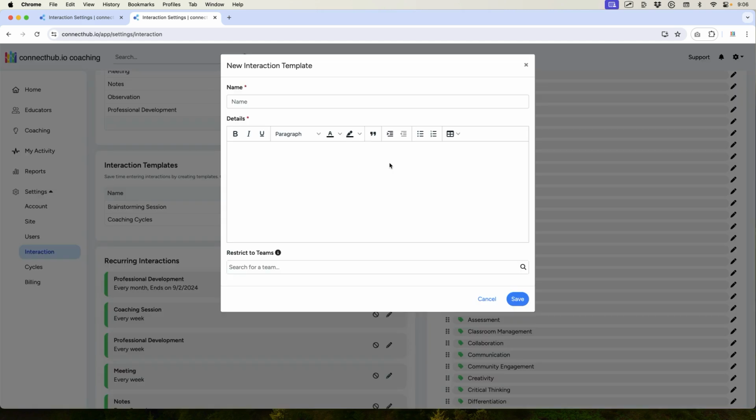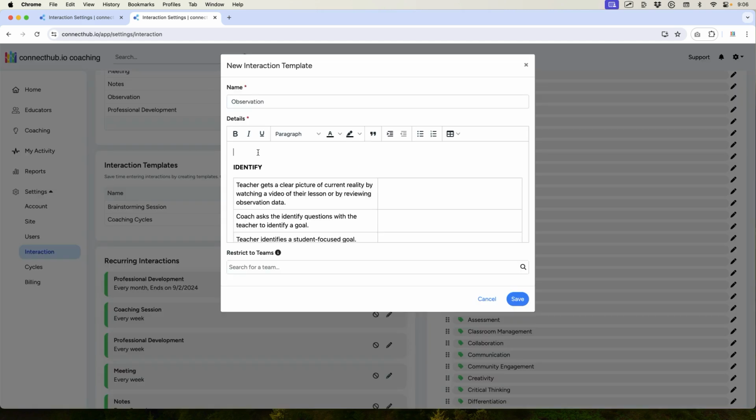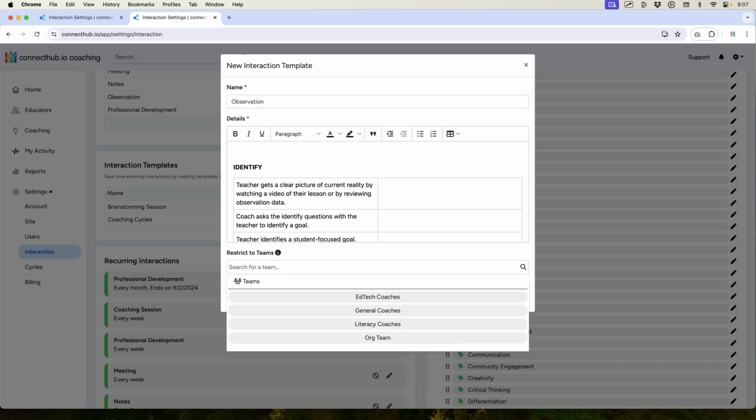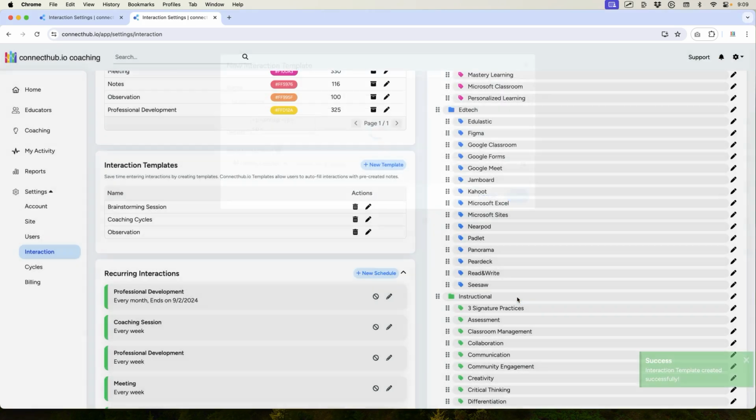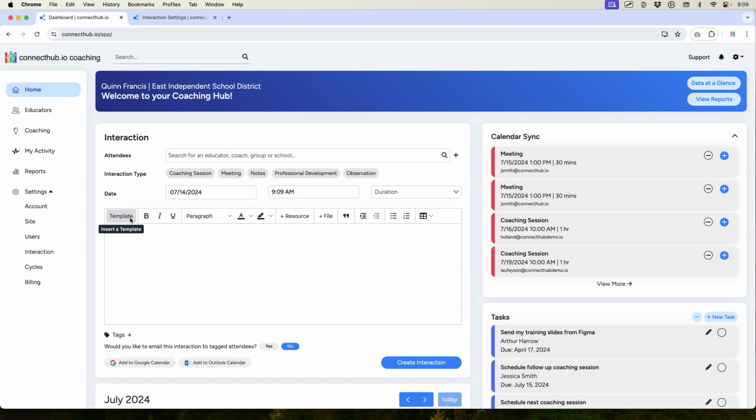I'm going to create a new template for our team's observation form. I'm going to give it a name and add the interaction form here. These templates can also be restricted to specific teams of connecthub users. To learn more about teams, go to Support and scroll down to Manage Users to watch the in-depth video. When you're done, click Save, and now the observation template will be available in your interactions form by coming to